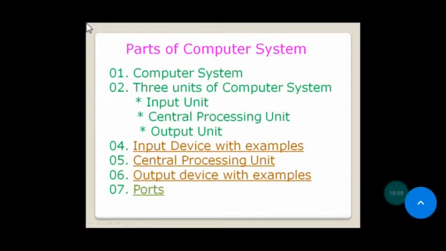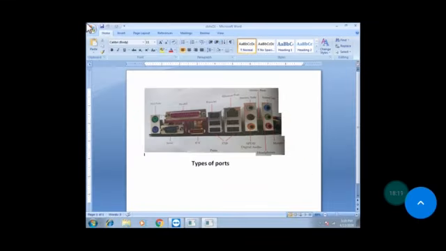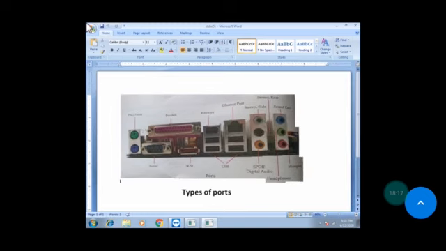Now the next part is ports. You can see the figure. Let me increase the size. Now, you see, first one is serial port, connecting external modems and computer mouse, which are of the old models. Next one, parallel port, you can see it, connecting scanners and printer. Next, PS2 ports, connecting old computers' keyboard and mouse.